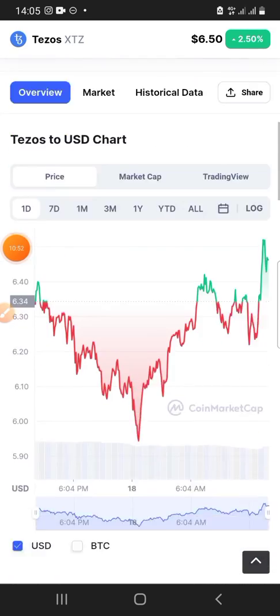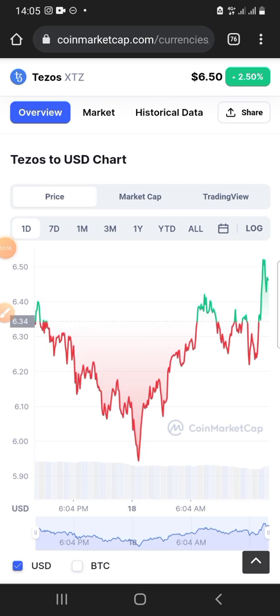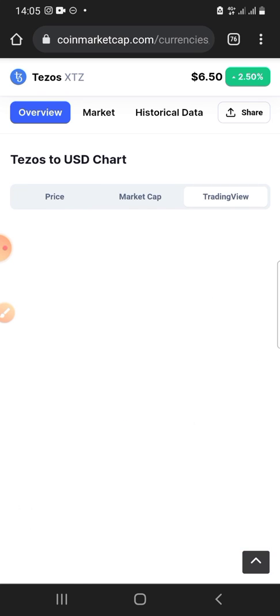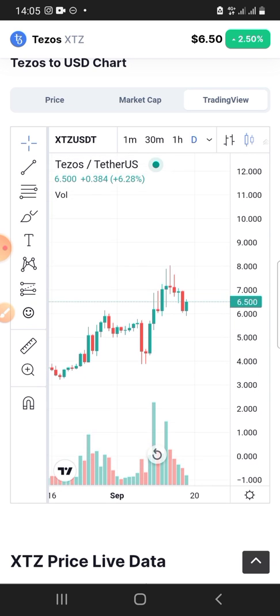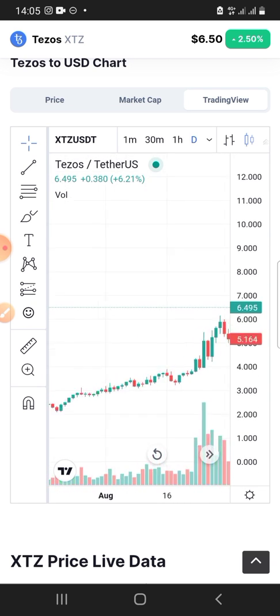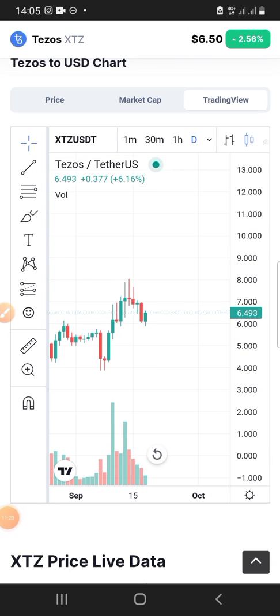And then you come and look at the price action. If you want to do a more intense price action, you can choose to use TradingView and all. Let's look at TradingView. So here we can see the candles nicely. Okay, so I think this is a good price action, and you can see the volume here too. All right, so this is what we are going to do to check if it's economically active.